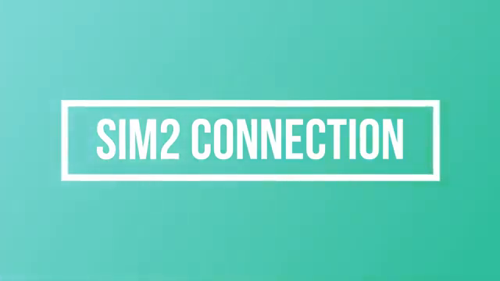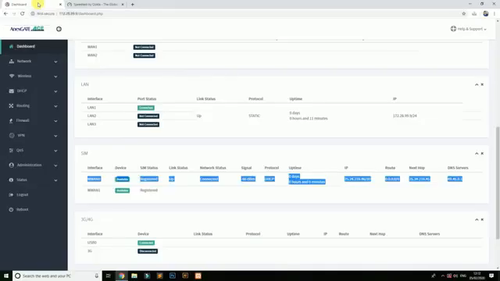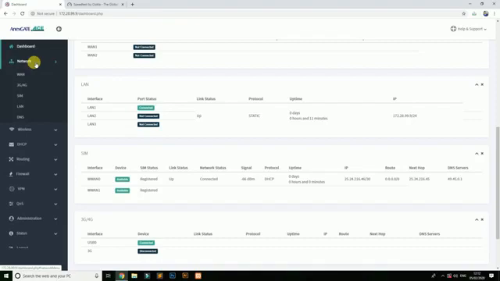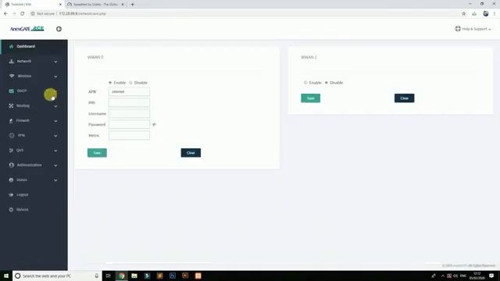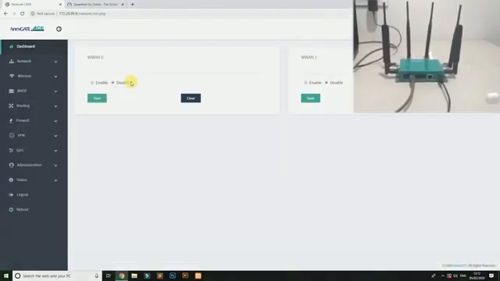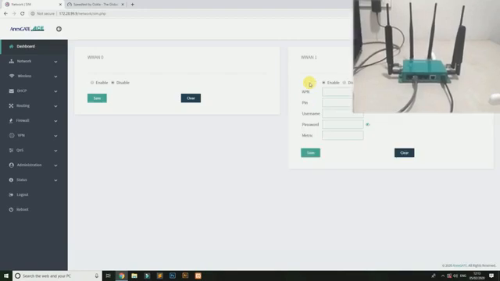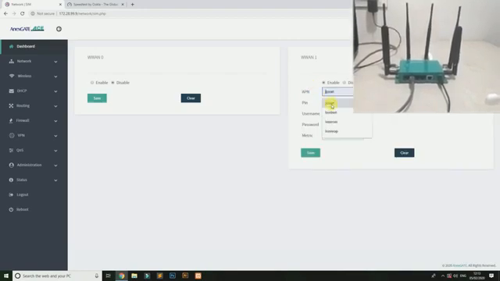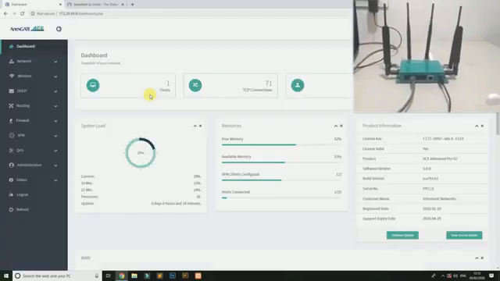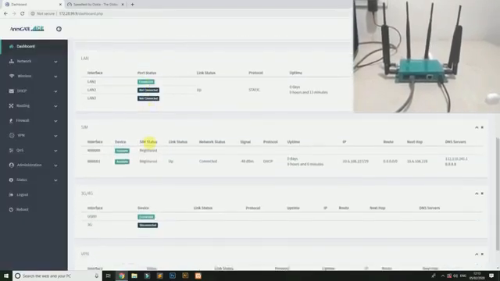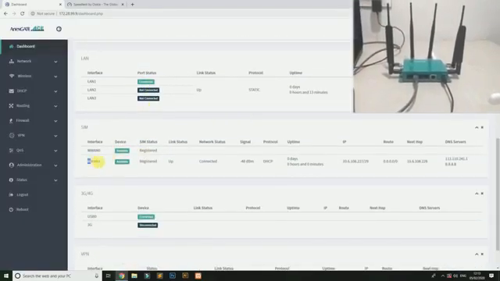We now set up SIM 2. We first disable SIM 1 and then enable SIM 2. You can check the online status of this SIM from the dashboard.